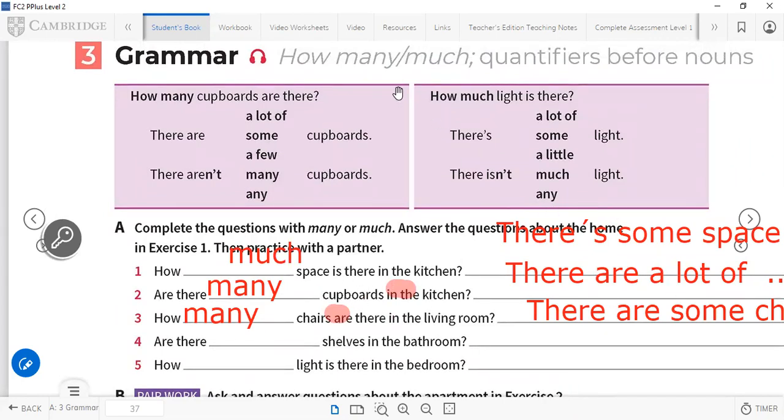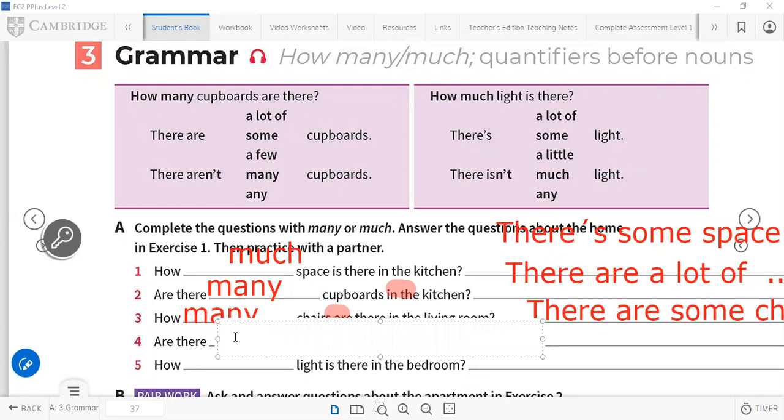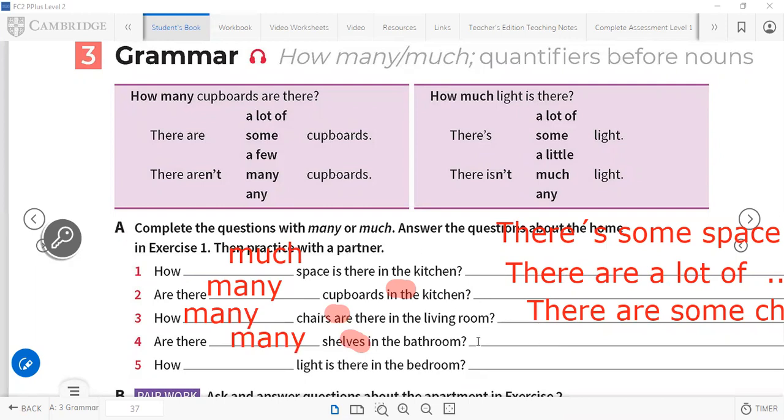Okay. Now here we have, are there shelves in the bedroom? Are there shelves? So we have to identify here, right? Shelf. So that is plural, right? So shelves is plural. So what do you think comes here? Obviously, many, for sure. Many shelves in the bedroom, so we can use